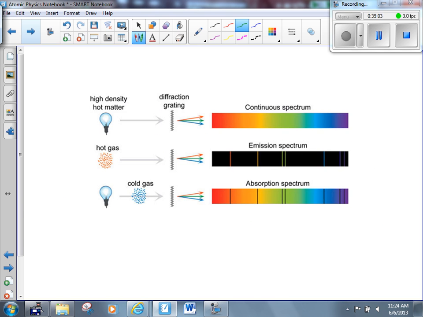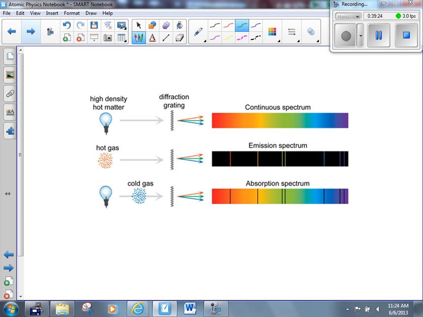Let me show you a picture here. This picture, or these three pictures, show three different types of spectra that we can get. The first one is what we call a continuous spectrum. We've talked about this before, right? A continuous spectrum. It's like a rainbow. If we take